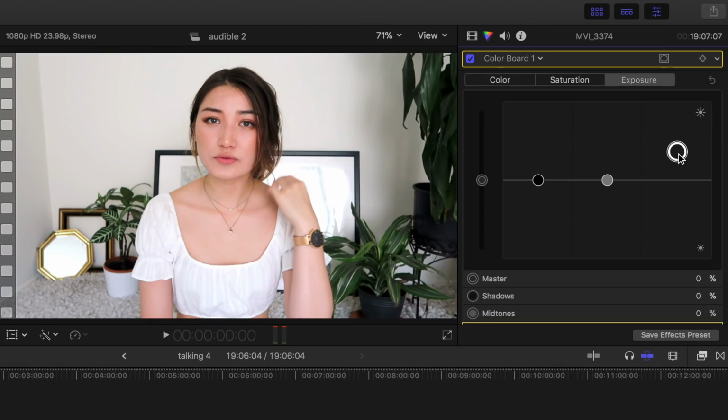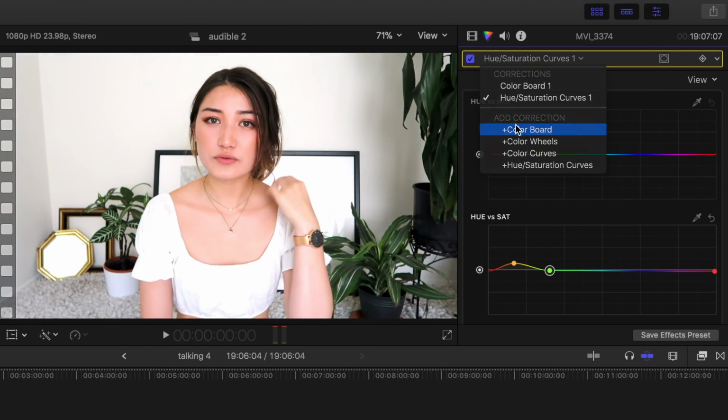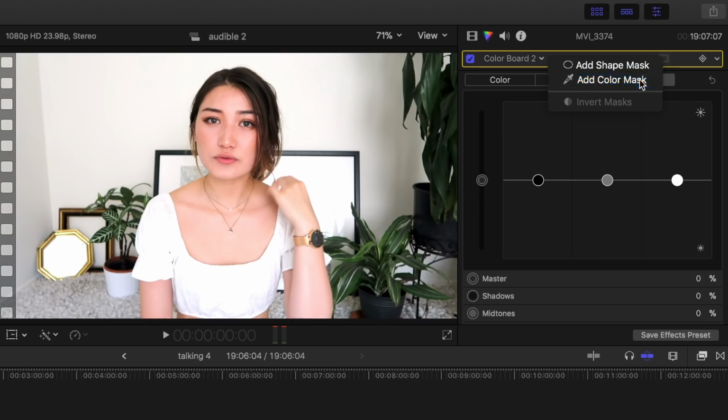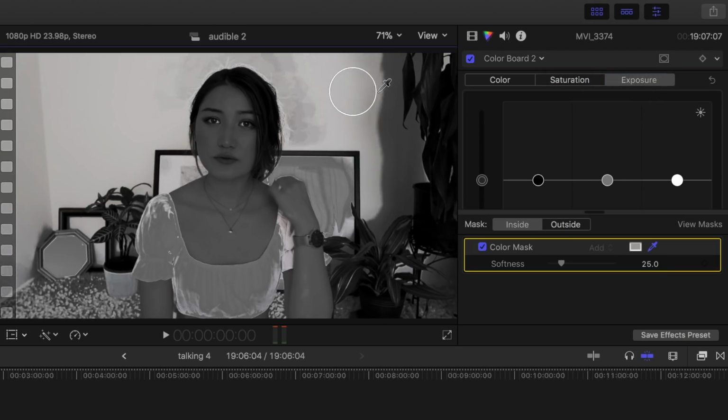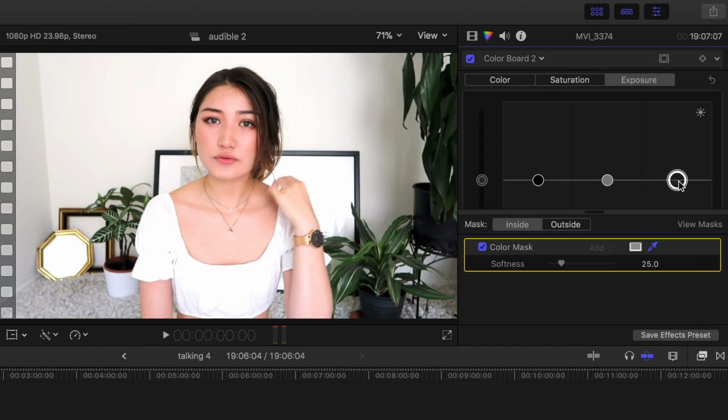I wanted the white background to appear really white, but I couldn't turn the exposure up too much without blowing out the details in my skin. So then I created another color board, and I did something called a color mask. I just dragged the eyedropper over the white tones in the background, so my color correction will only affect those white tones, and then I turned up the exposure a lot more, and that helped me brighten up the background